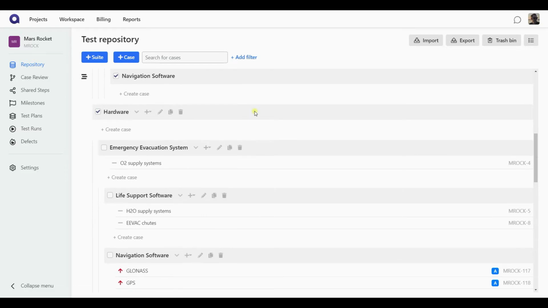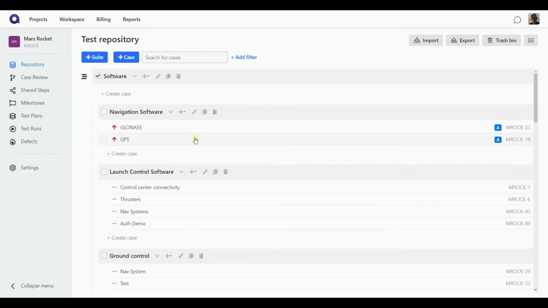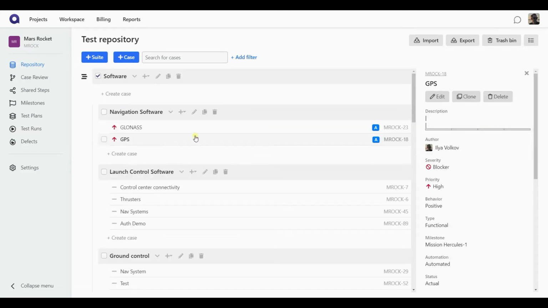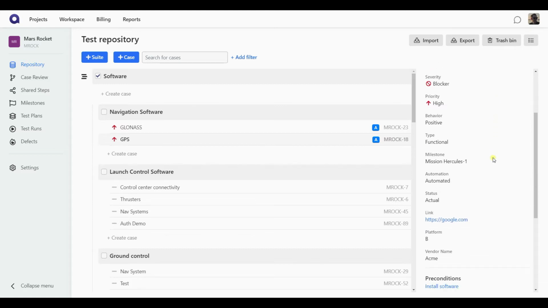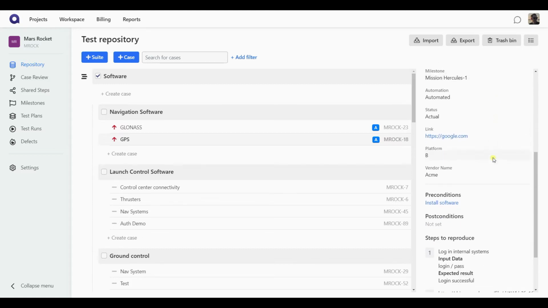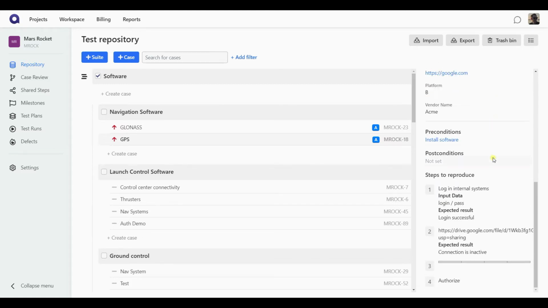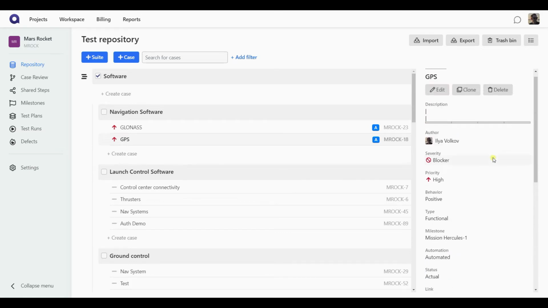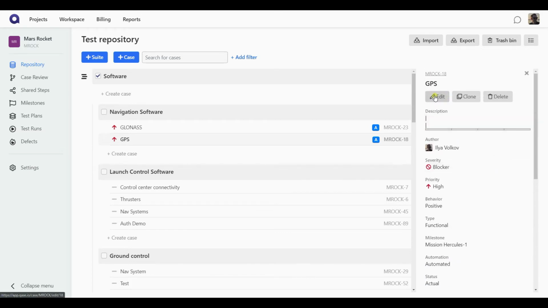If we go back to the repository view and choose a test case, then on the right, a sidebar will open up that will show you all the details of that particular test case in question. From the sidebar, you have a few available options. So you can go to edit this test case, you can create a copy of it, or you can delete